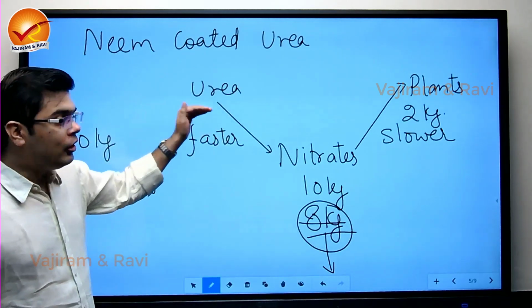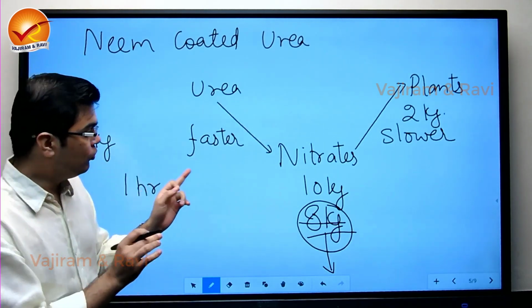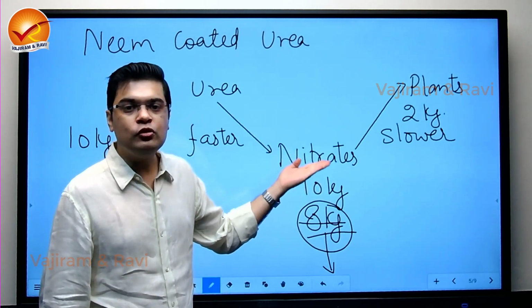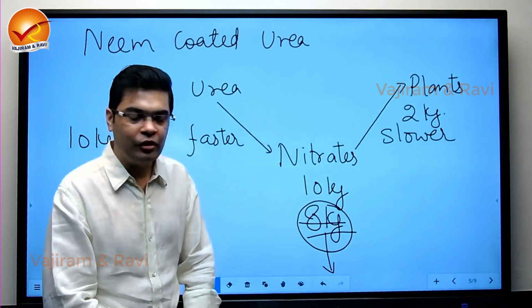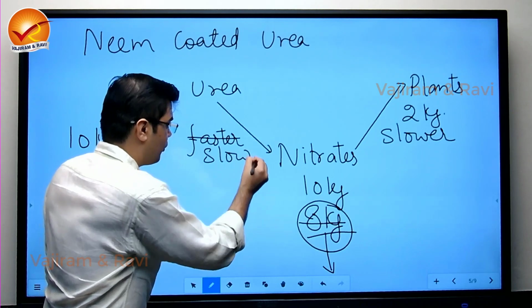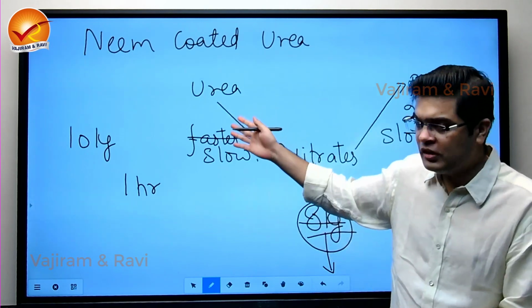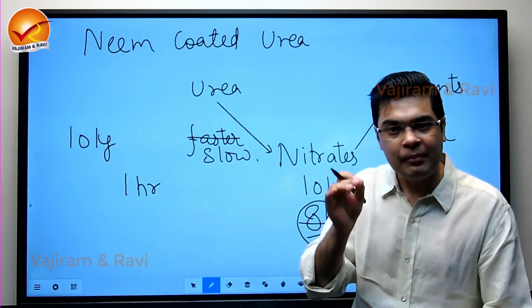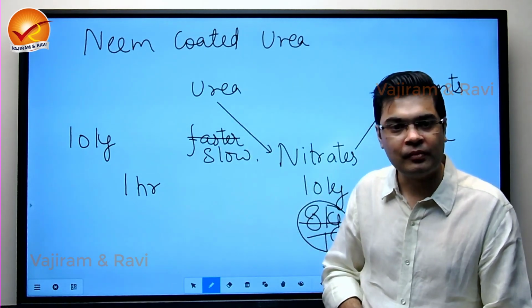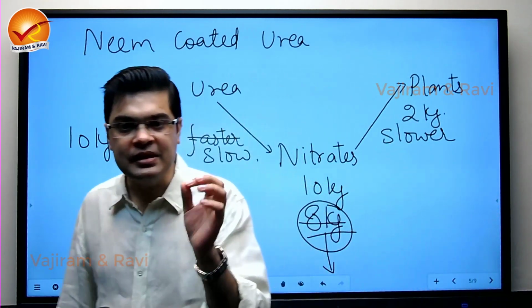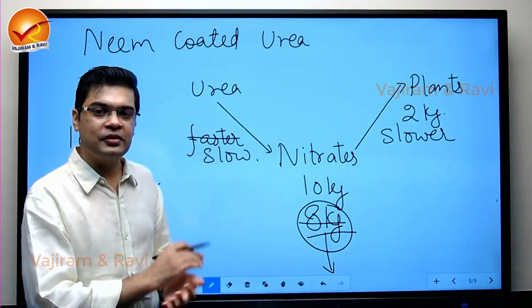Now, what will neem oil do here? If you want to reduce the wastage of urea or nitrate, and prevent groundwater contamination, you have to slow down this process of nitrification of urea, of hydrolysis of urea. But the chemical inhibitors that can slow down this process are very costly. It has been found that neem is an excellent inhibitor here. It slows down this reaction.